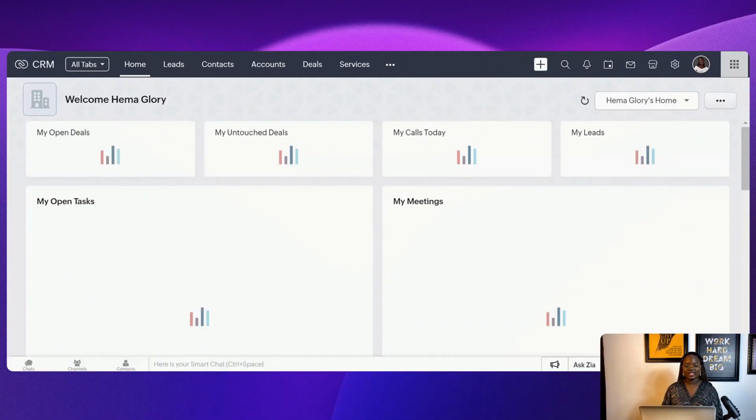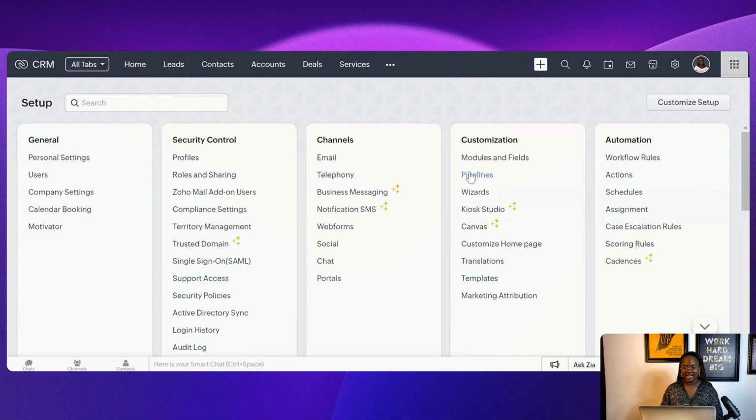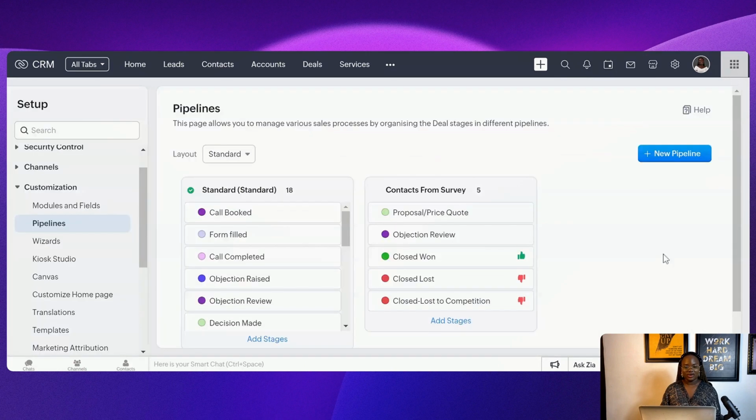So right now I am currently in my Zoho CRM account, and what I want to do is create a pipeline, like I said. So I am going to go into settings. I am going to click on settings. Then I am going to click on pipeline under customization. Now, as you can see, I have two pipelines here already. So what I want to do is create a new pipeline, and I am going to click